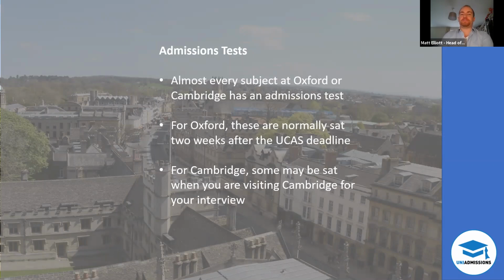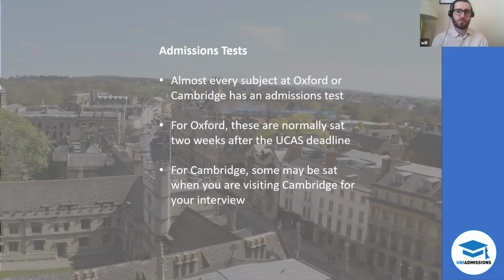Now for Cambridge, quite a few of the tests are sat when you're at Cambridge for the interview rather than beforehand. This is because, as Will mentioned, Cambridge tend to interview a lot more people. And so it's more logistically straightforward to run the test when you're there in person anyway, and they can do it in the classic exam style rather than having to do it from multiple test centres. But that will vary as well with Cambridge. So for the more competitive courses, you'll be doing it at the same time as the Oxford tests. It'll only be for a few courses which have relatively low levels of competition that you'll be doing the test at Cambridge. It's worth checking based on your subject.